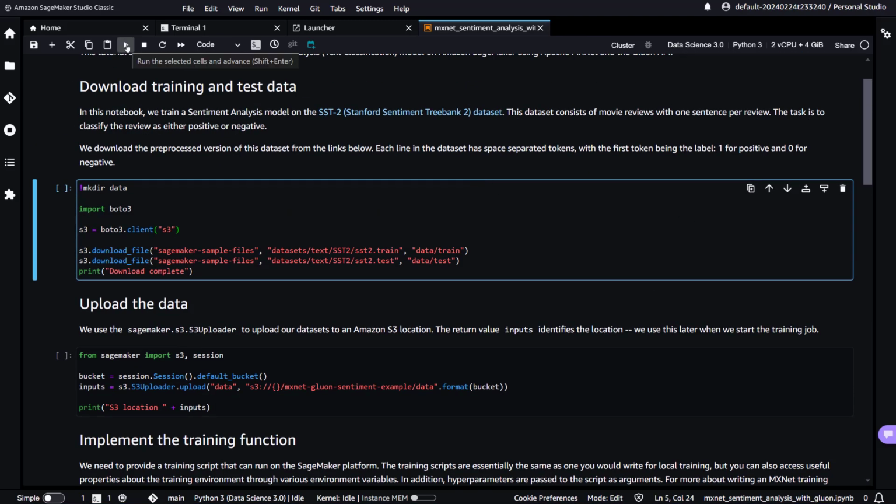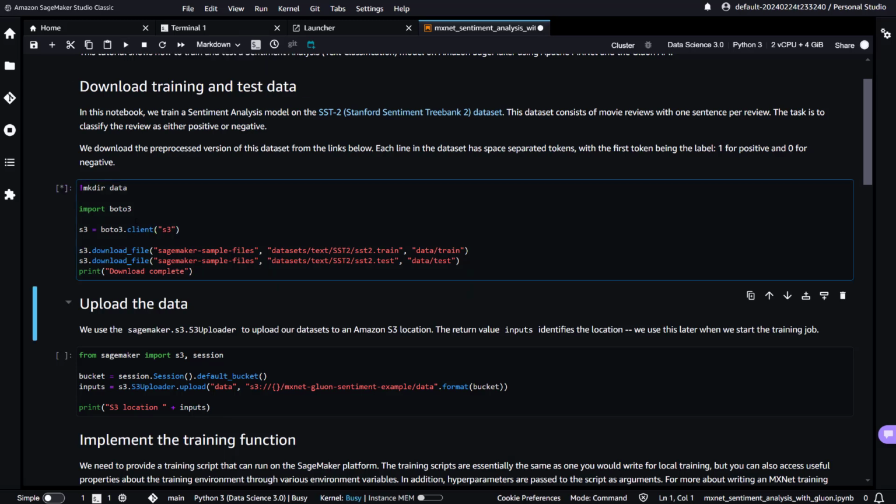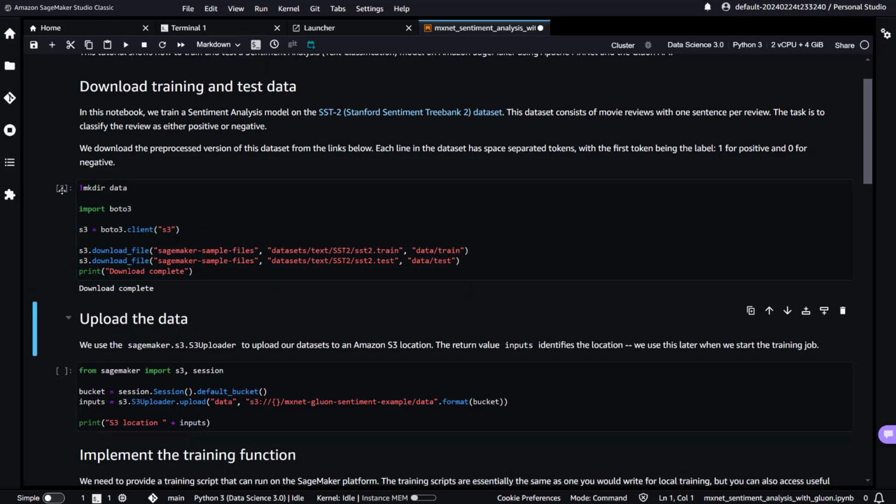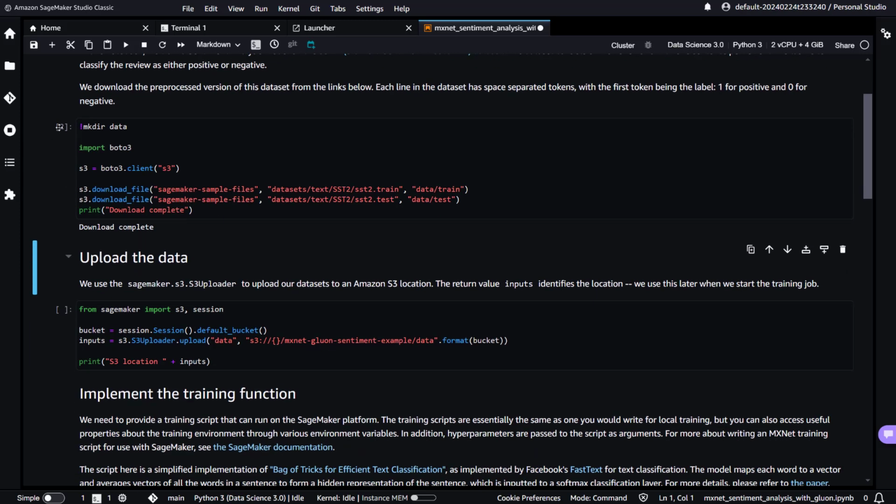How do you run it? You run it from here. Run the selected cells. So this will run, and it already ran. As you can see, if the number is displayed, it is done, and you can see the message